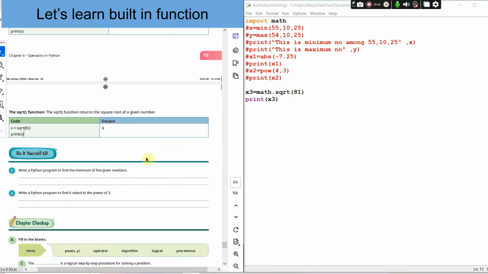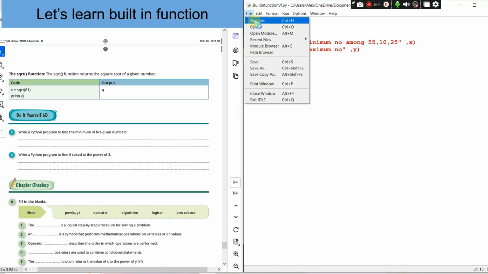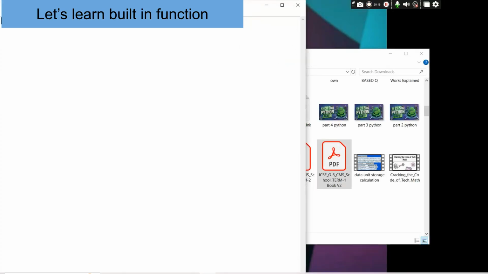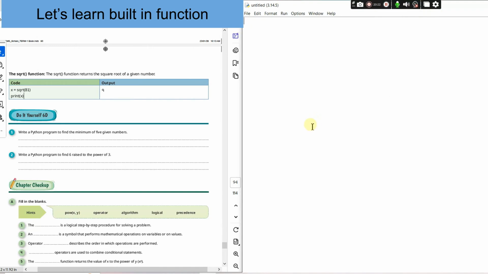Alright, so now another question is there. Write a Python program to find the minimum of 5 given numbers. So what do you think? Now it is a question, so I will use a new file, right? Okay, so I'll open a new file, and this one I will close it. And yes, this might fit over here. Alright, now again,